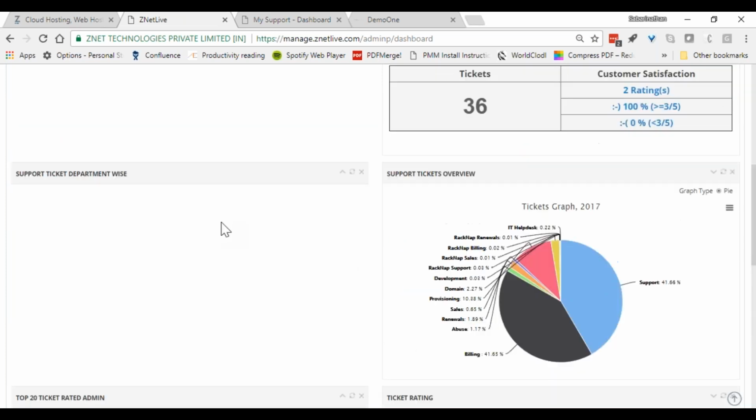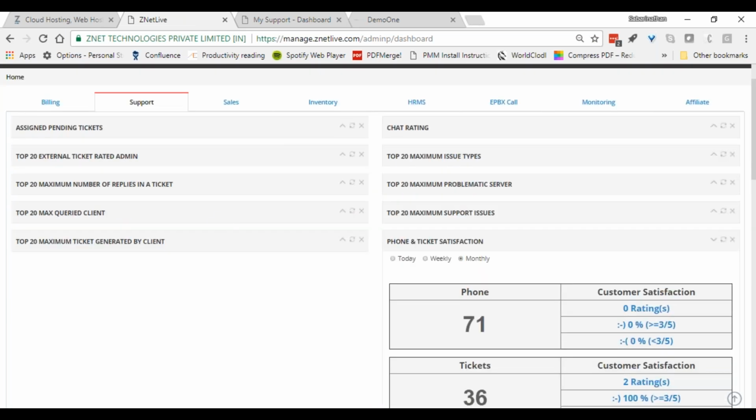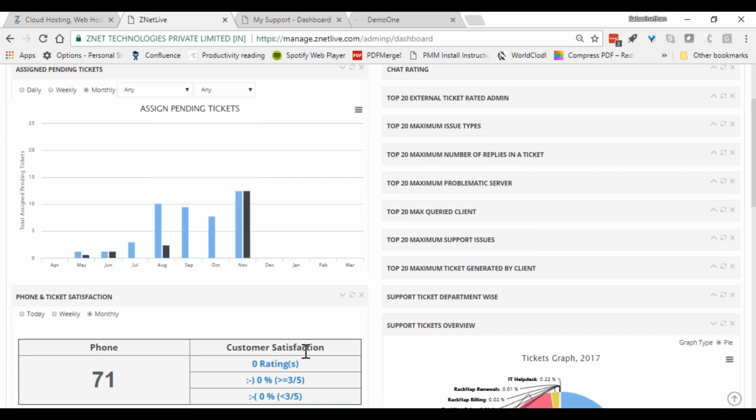So to summarize this slide, there's plenty of information available to be managed by the support team lead to understand the assigned pending tickets, etc. So quite useful in terms of the depth of information or reports available there. Okay, so with this, for example,